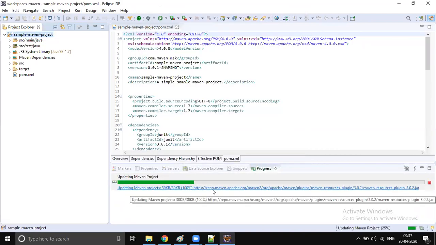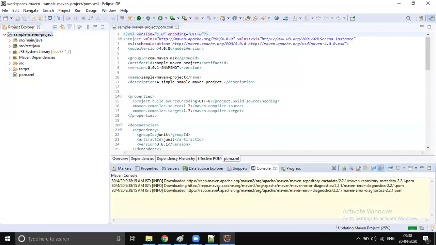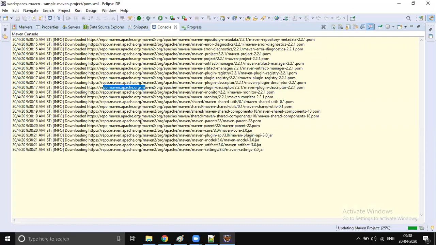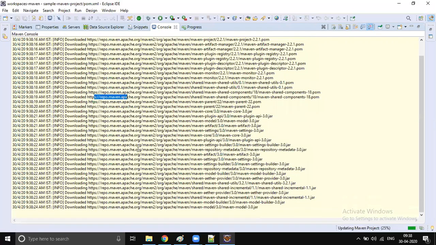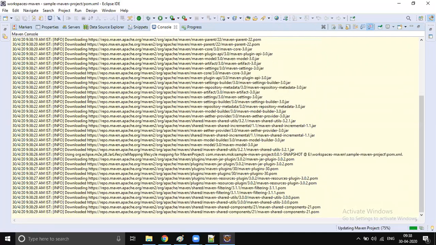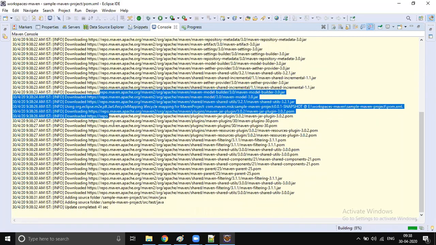See this link, repo.maven.apache.org. It's going quickly, right? Would you be able to see that? Some data is getting downloaded into my system. I know it's pretty fast, but everything is getting downloaded from here, repo.maven.apache.org. This is a public repository which I am using right now. Most probably it would be the same for you also in your local system. From here, when I click on those links, the details are getting logged.